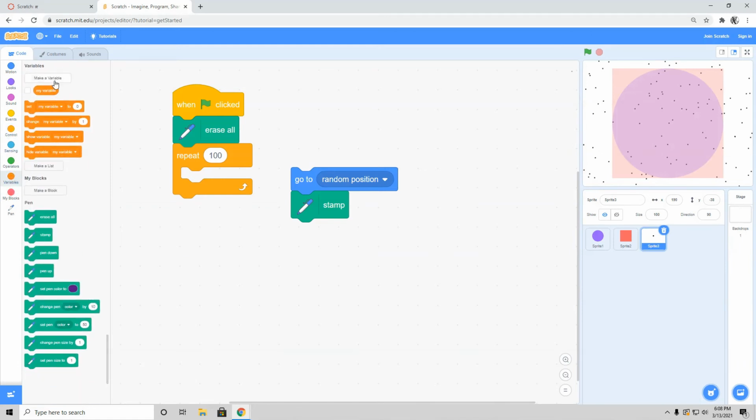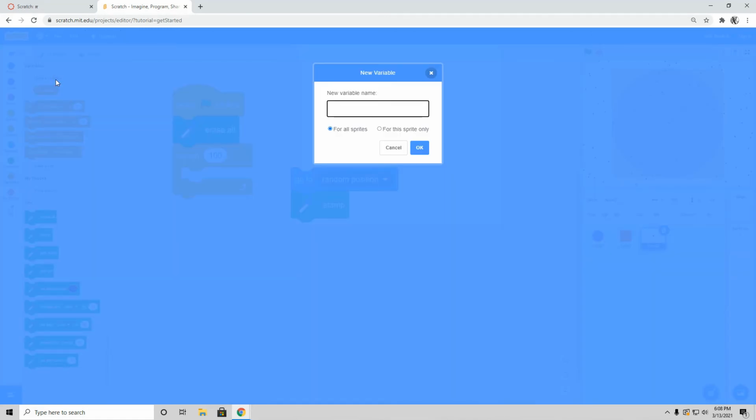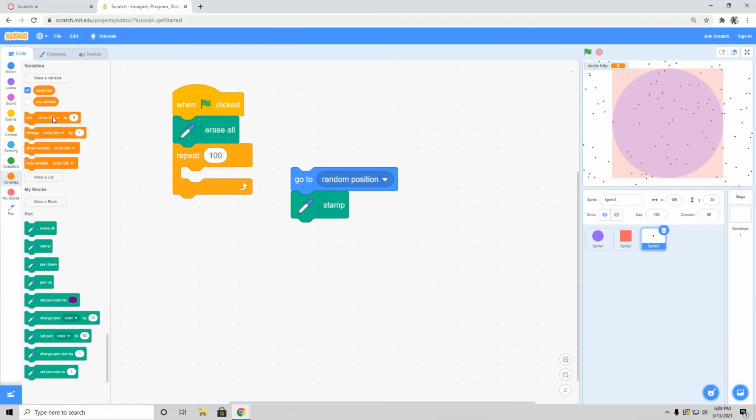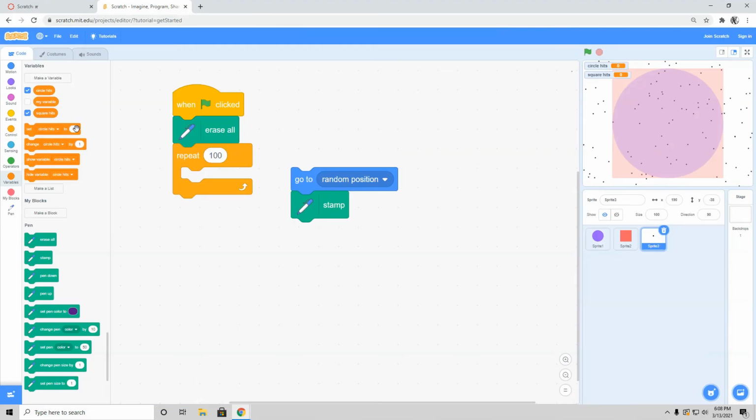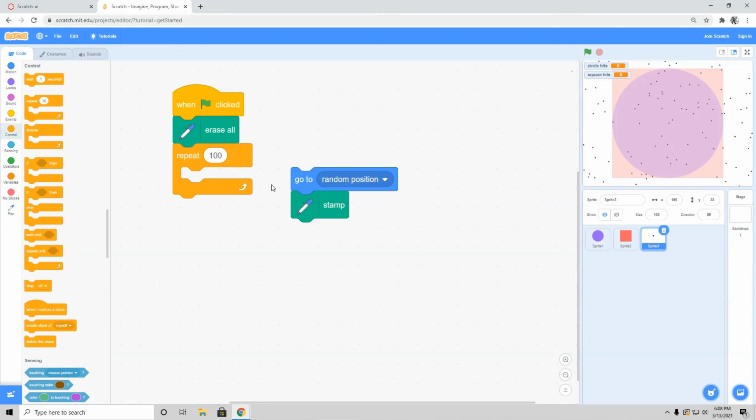Now we're going to need two counters to keep track of that. We're going to need a counter to count circle hits, and we're going to need another counter to keep track of square hits. Those are going to be our two variables. Now we're going to check each time we go through our repeat loop. We're going to go to a random position, do a stamp, and then check if